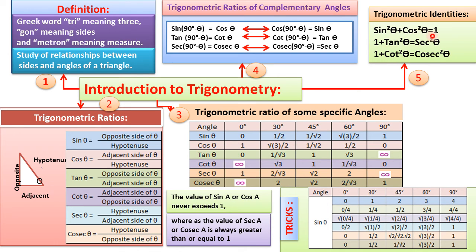So sin square theta plus cos square theta equal to 1, and 1 plus tan square theta equal to sec square theta, and 1 plus cot square theta equal to cosec square theta. If you remember the first, you will be able to find the other two also. Sin square theta plus cos square theta equal to 1. If you divide both sides by sin square theta, the first term will be 1, and cos square theta